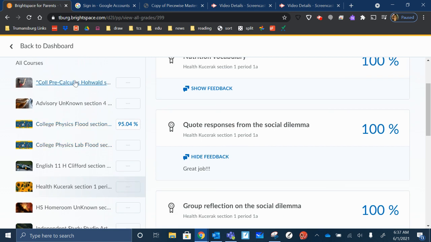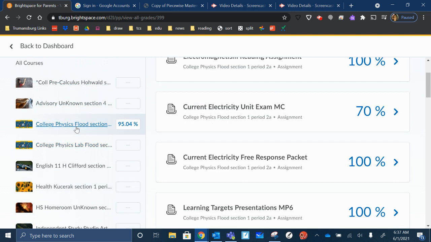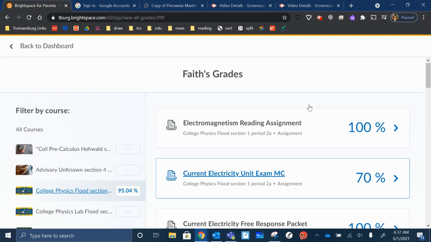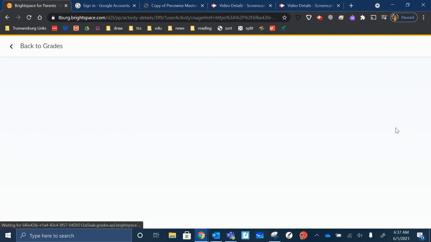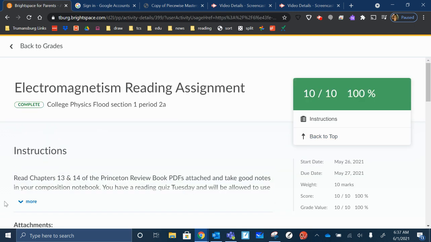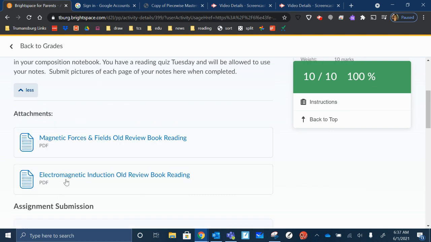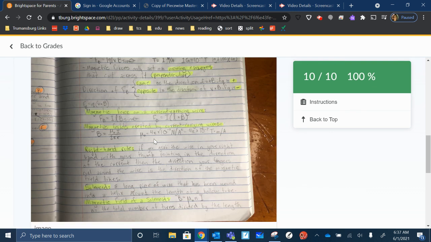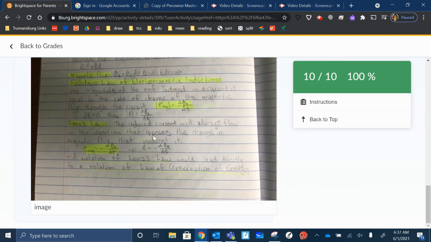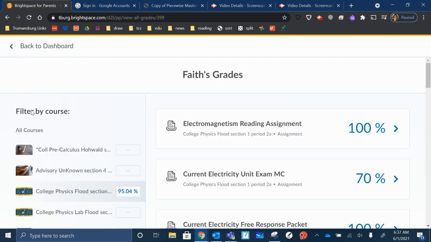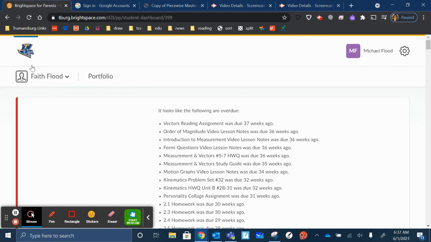So if I go back to physics, I'll see these arrows, and the arrows mean that I can go in and I can see a little bit more. So I can see the instructions as a parent, and I can see any attachments, and then I can see the submissions. So you really have quite a window into the student work. So if I go back and I want to go back to the dashboard, I can switch to Ruthie,